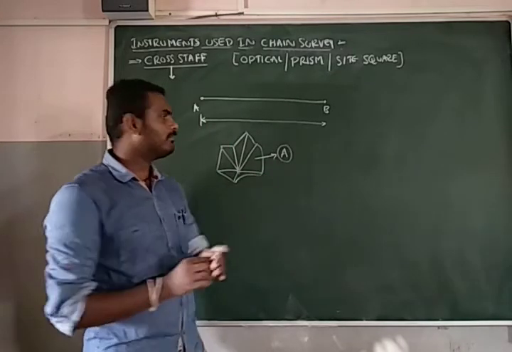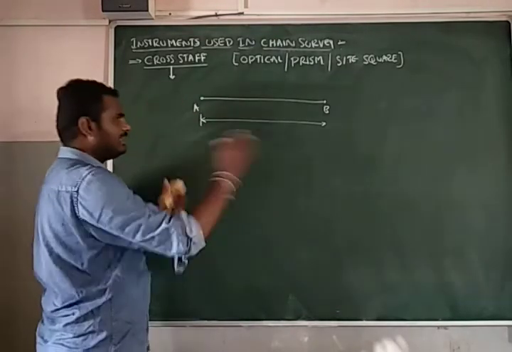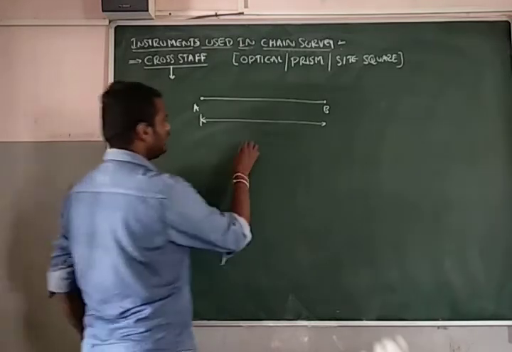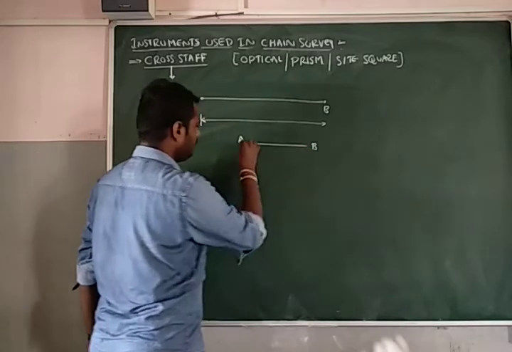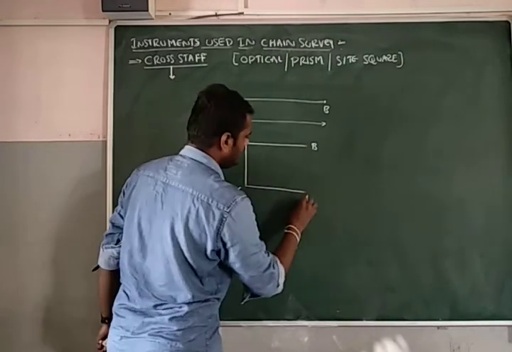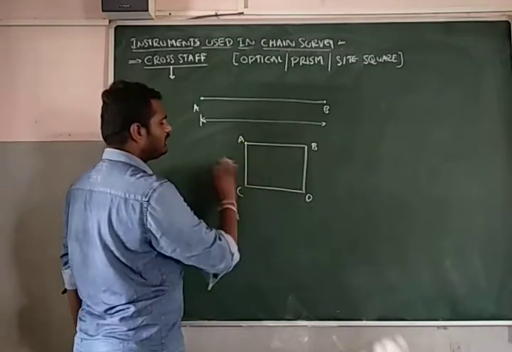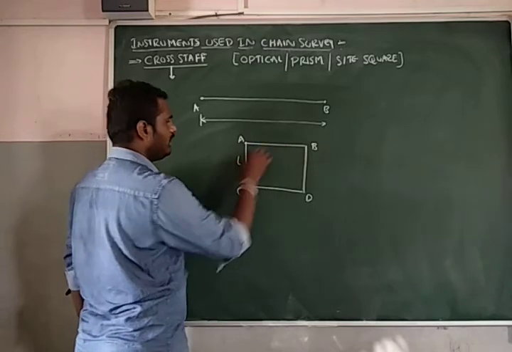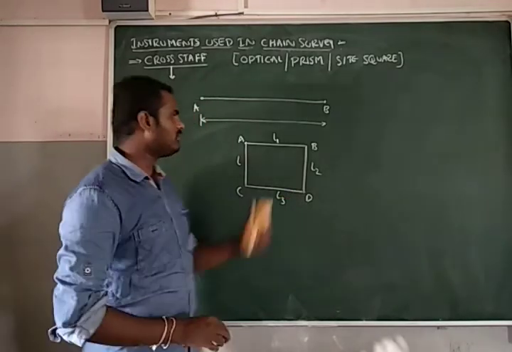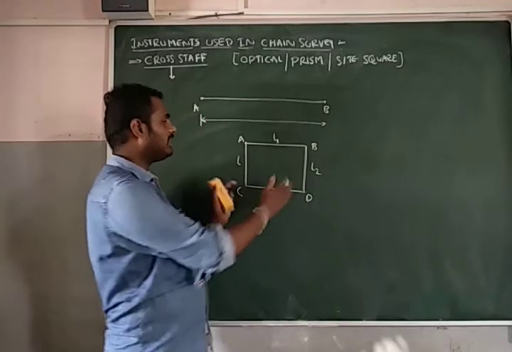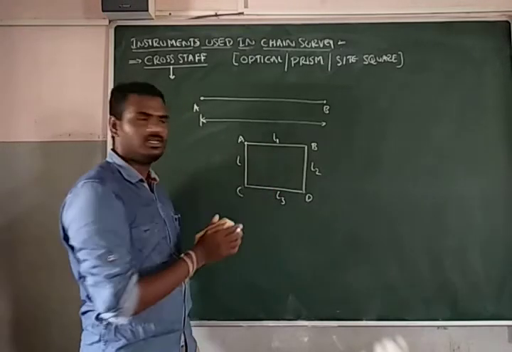But suppose I want to calculate the area of a particular ground. Let us take one ground is measured with points A, B, C, D, and close. So I need to measure the lengths of each individual side, L, L1, L2, L3. In this scenario there is no problem at all. If it is exactly a rectangle, there is no need to do all these things. Simply length into width will give you the value.